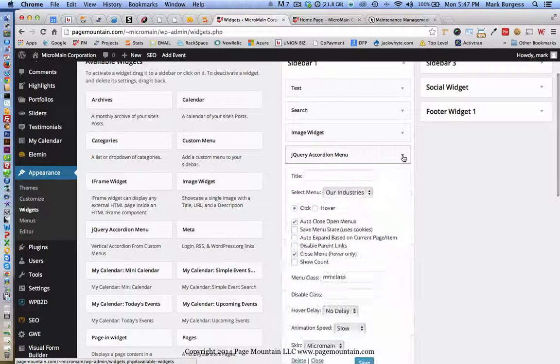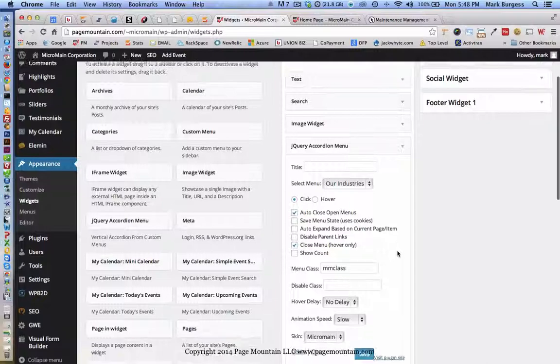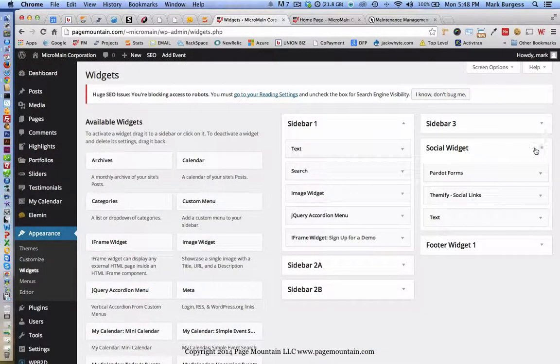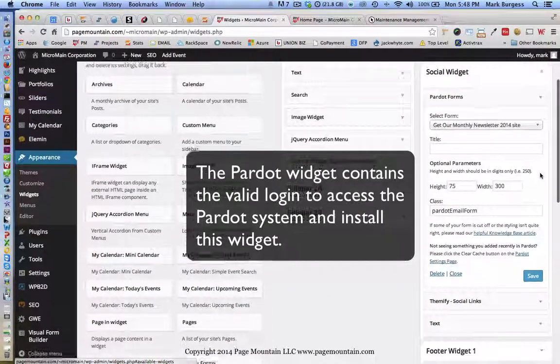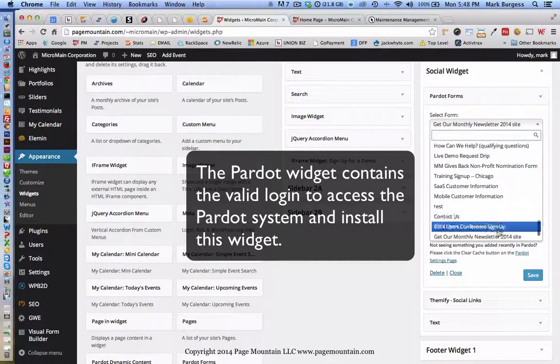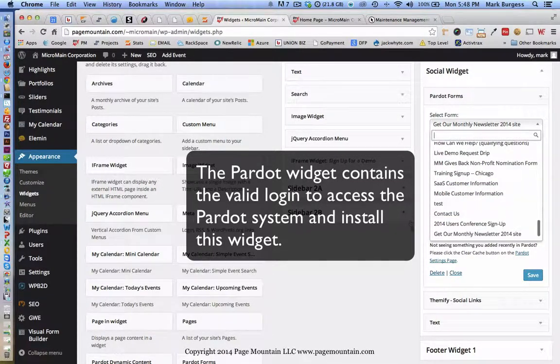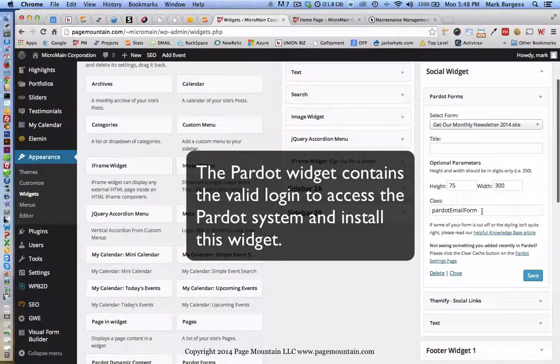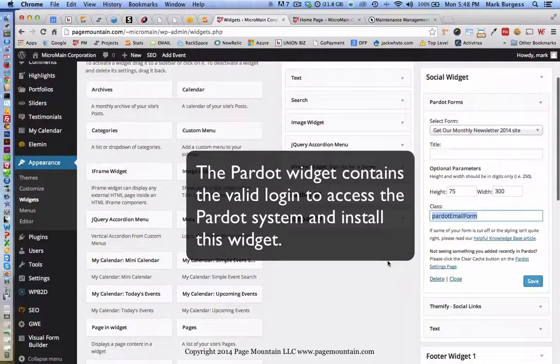The Accordion menu simply asks which of the menu systems we wanted to use, and then offers you some configuration for how you want that accordion to operate. If you go to the social widget, you can see how that's done. Here's the plugin that supervises the Pardot forms. This WordPress in general knows how to log into Pardot and knows how to retrieve the list of Pardot forms. It's simply a matter of having a valid form on the system that you can use and choosing it to be here. You can add titles, determine its height and width. You can even add separate styling here if you want, and then save,